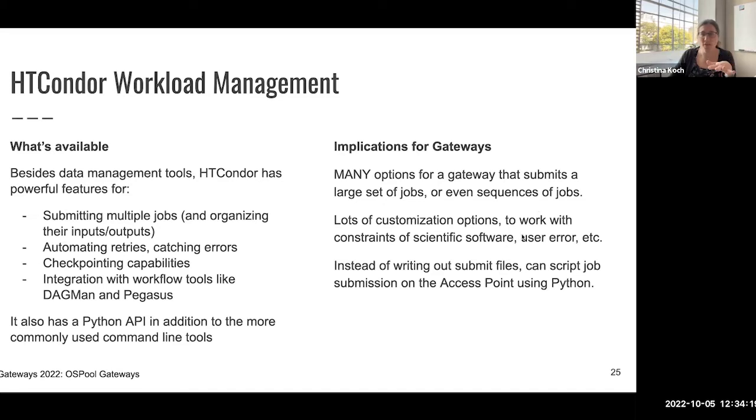It has a ton of customization options, so even if the software you're using is a little weird or things like that, there's probably an option in the whole submit set of commands that can help you. And if it's appealing that instead of writing out submit files and submitting them, you want something that comes in from a gateway and then triggers a Python script that submits a job, that's totally possible on the